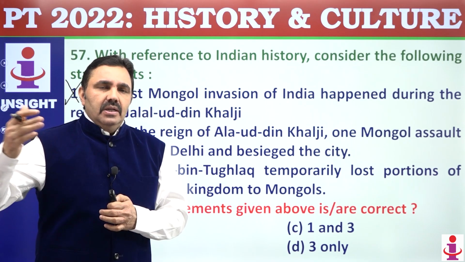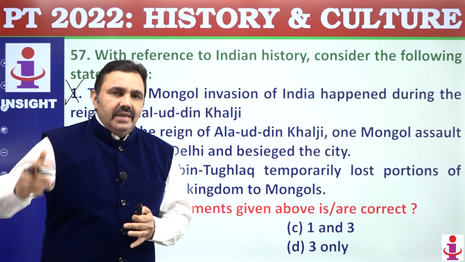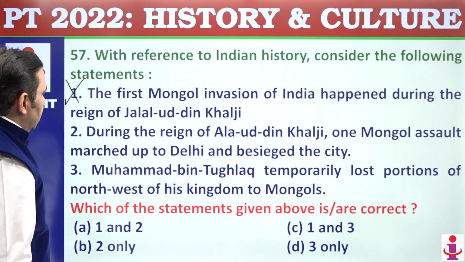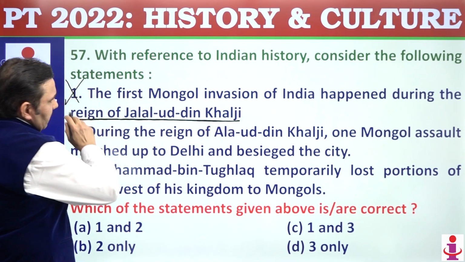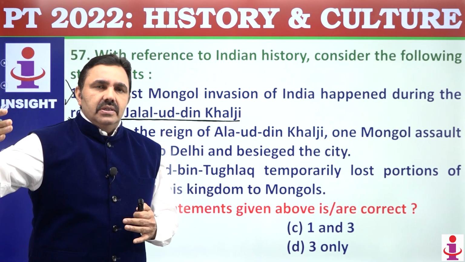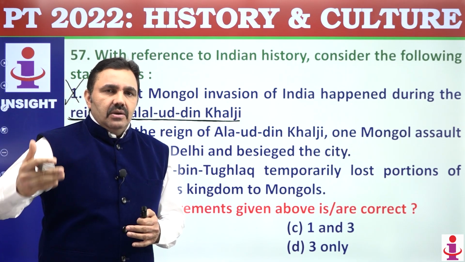Then came Balban. Balban also faced a lot of Mongol invasions and he created strong arrangements. Then came Jalaluddin Khilji. He also faced a Mongol invasion, but this was not the first time. So the first time India faced the threat of Mongols was during the reign of Iltutmish. That time there was no invasion, but Genghis Khan reached Indian frontiers while chasing the Prince of Central Asia, Jalaluddin